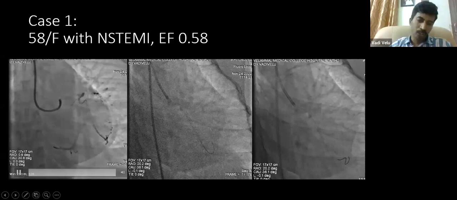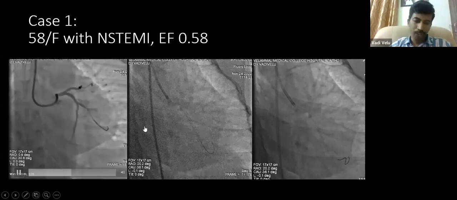We can see the extravasated dye from the vessel. So immediately I inflated up to 12 atmospheres with the same balloon, and by prolonged inflation, luckily the perforation could be sealed. What is the learning lesson from this patient is that never underestimate